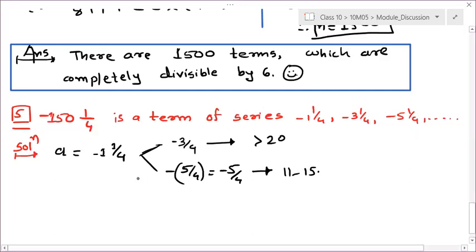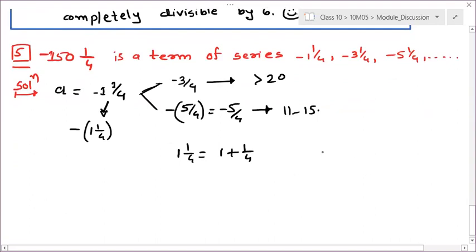So try to understand this, right? This is minus of one integer 1 by 4, right? One integer 1 by 4 means it is 1 plus 1 by 4, or not, right? So if it is minus 1 plus 1 by 4, and if it is minus 1 minus 1 by 4, what is the difference? You have to take minus common here. This is your 1 plus 1 by 4 and this is your minus 1 plus 1 by 4 only, right?